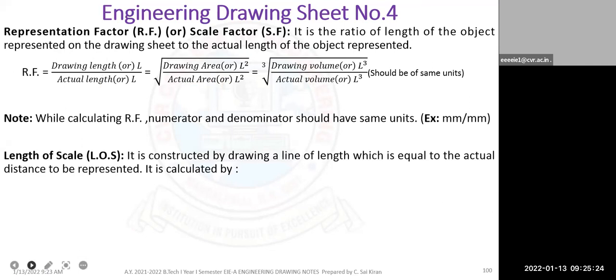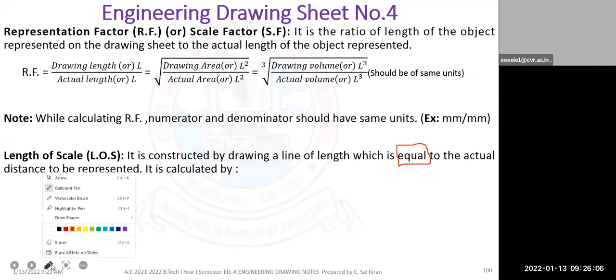And length of scale. Suppose it is 1000 centimeters, and we are taking it as 10 centimeters. That is the length of scale. For example, suppose you take your small scale of 15 centimeters. The length of scale is 15 centimeters. That is the maximum length you take for the small scale. If you are using a 30 centimeter scale, the length of scale is 30 centimeters. That is the direct explanation of length of scale. Whatever length you want to draw, you take equal to that distance. If it is 30 centimeters, you take 30 centimeters as the length of scale.